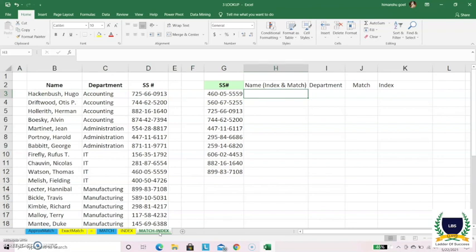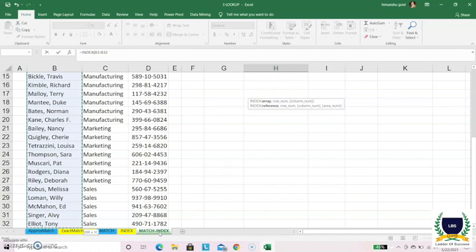And I wanted to know the name of this particular SS, right? So my lookup value is not listed in column number 1, that's why I cannot use the VLOOKUP function here. I need to use INDEX and MATCH functions combined. So I'll use first the INDEX function. INDEX, what is my array reference? I'm looking for names.